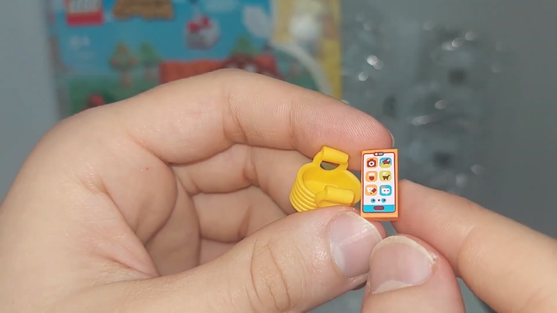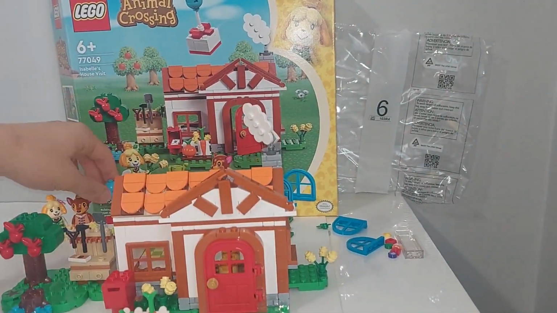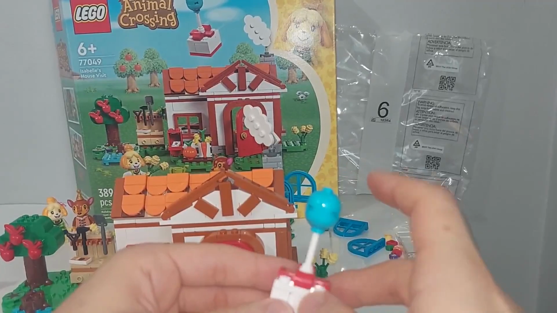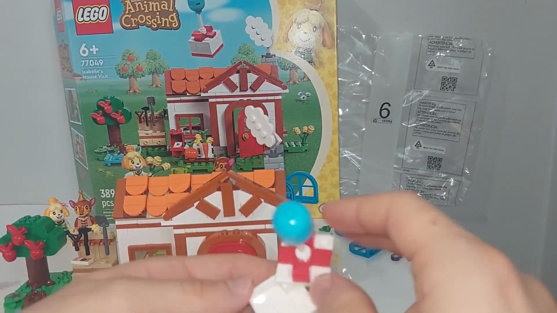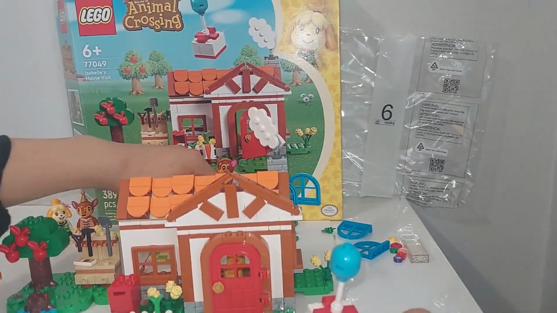It's not perfectly centered, but it's almost perfect, so something to keep in mind. We also get this watering can, and this balloon carrying a present, and just like in previous sets that I've reviewed, including Julian's birthday party, you could put something here as a gift. So for example, this